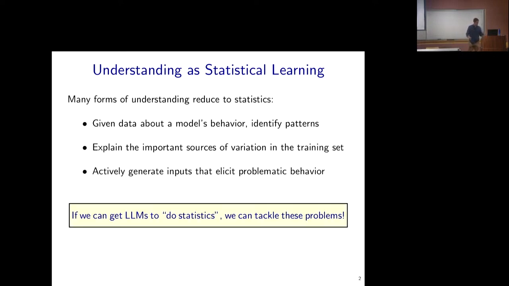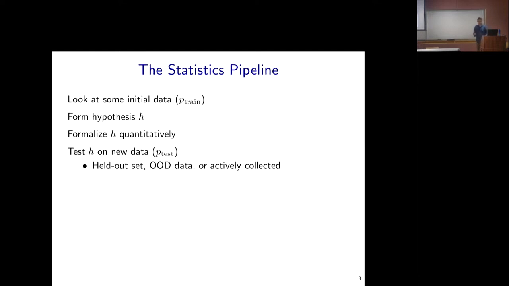All of these are basically statistics problems. This is like PCA. This is also some form of feature learning or clustering. And this is basically active learning. If we can get LLMs to be good at, in some abstract sense, doing statistics, we can tackle these problems. I'll give a concrete example of this in a second, but staying at the conceptual level for now,